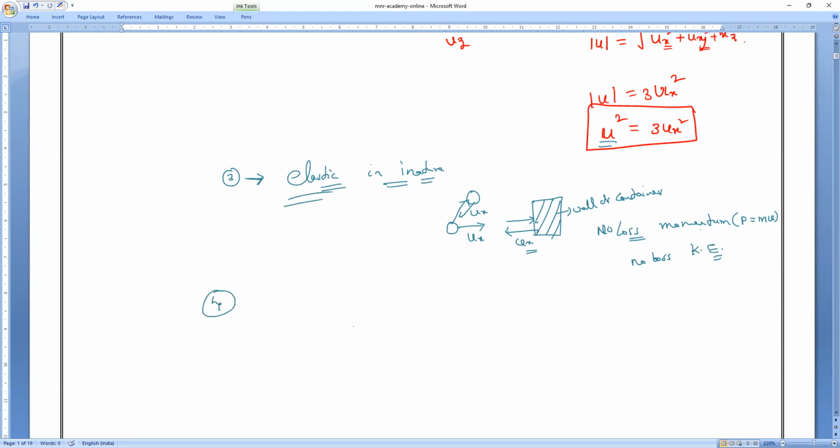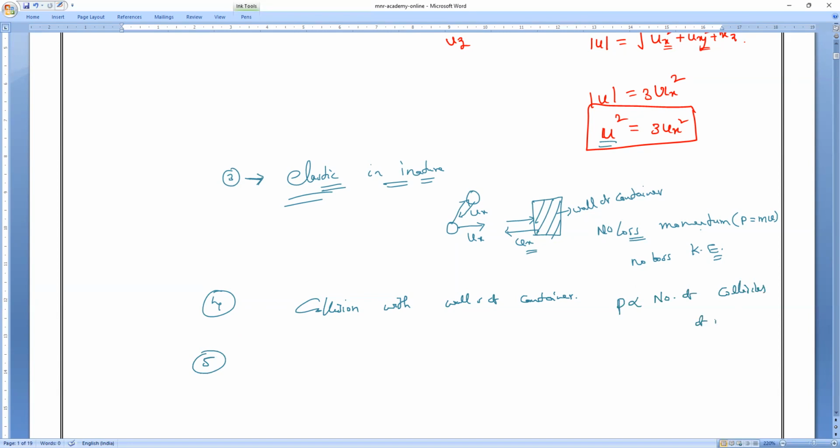Next, the pressure of a gas is due to collision of molecules with the walls of the container. Why is a gas exerting pressure? Because of collision with the walls of the container. That is what causes the increase in pressure inside the container. So here the pressure inside the container depends on